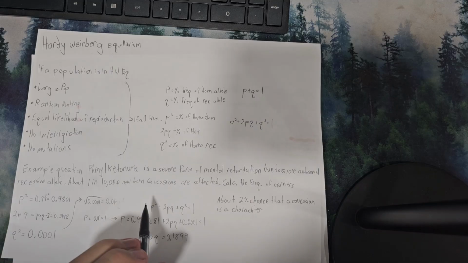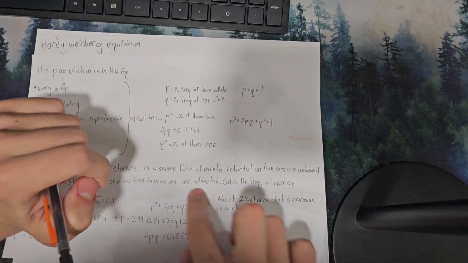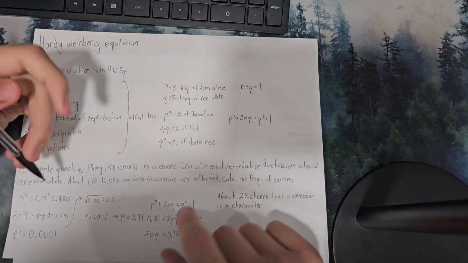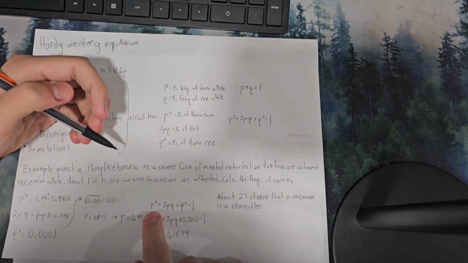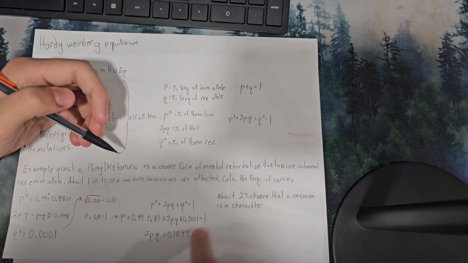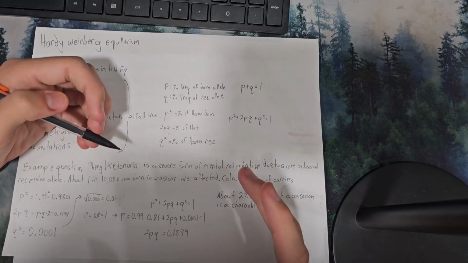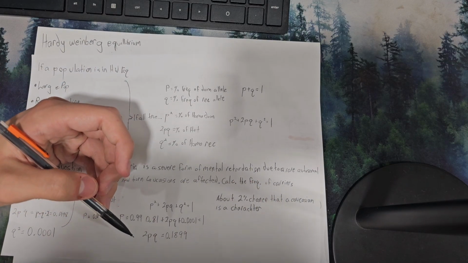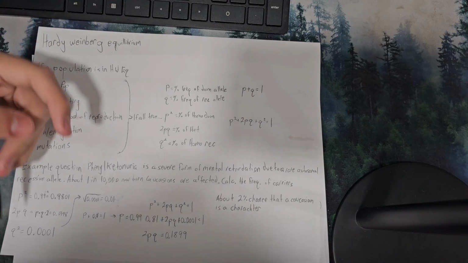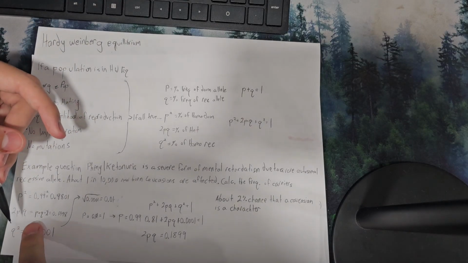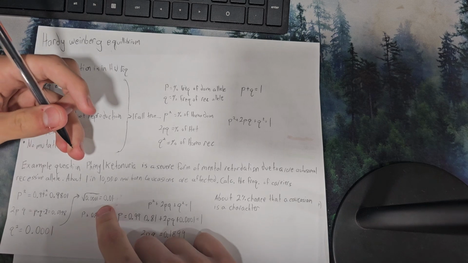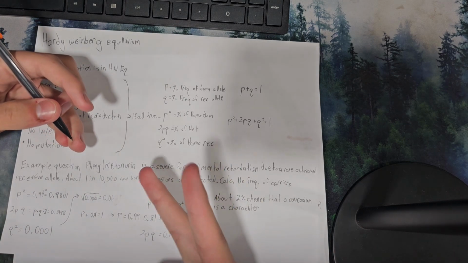Now, if you go through this equation right here, the one that we had from the beginning, and you just start filling in the blanks, substituting it in, you can calculate 2pq. Or another way you could do it is you could multiply p, which we found as 0.99, and q, which is 0.01, and then multiply that by 2, you would get